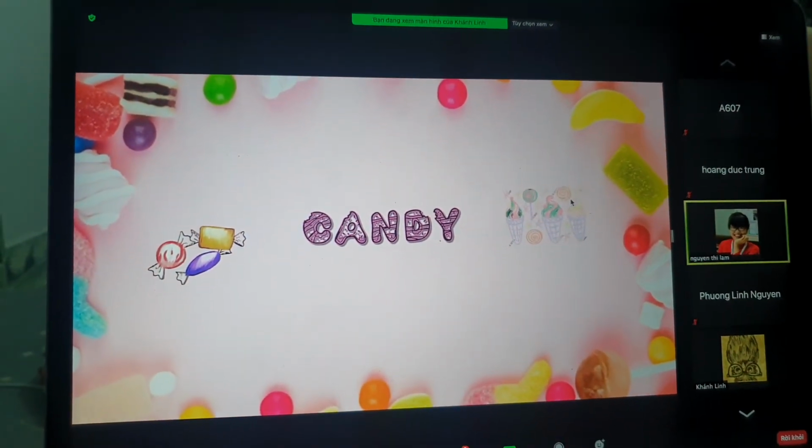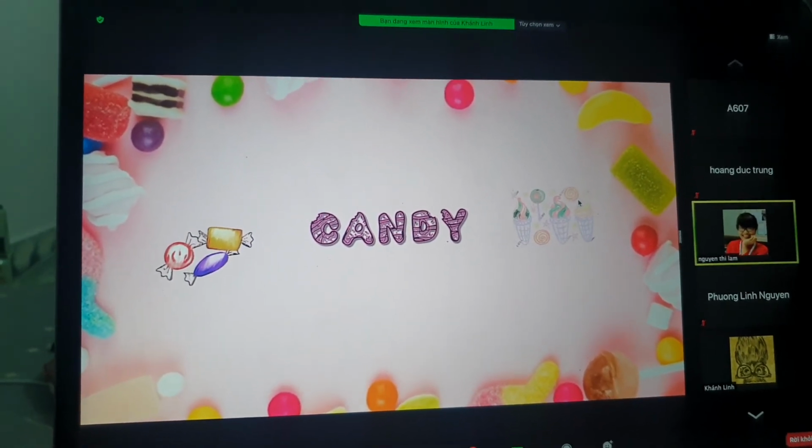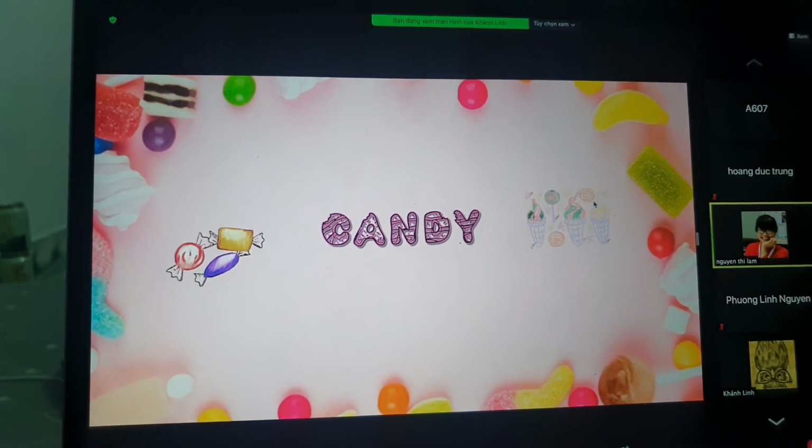The last one is candy. For many years, smart people have identified it as the biggest dietary